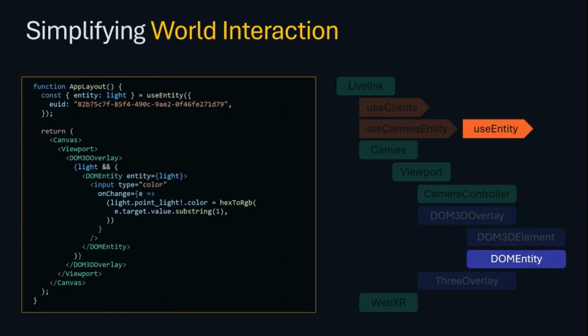So we introduced this use entity hook that is able to basically either create or search for an existing entity, again, depending on the parameter you give it. So for example, in this scene here, we have a light in our scene. It has that ID. And with that, you can modify the entity. Basically, you can add UI to change the light, change the intensity, change the cutoff if it's a spotlight, etc. And to simplify